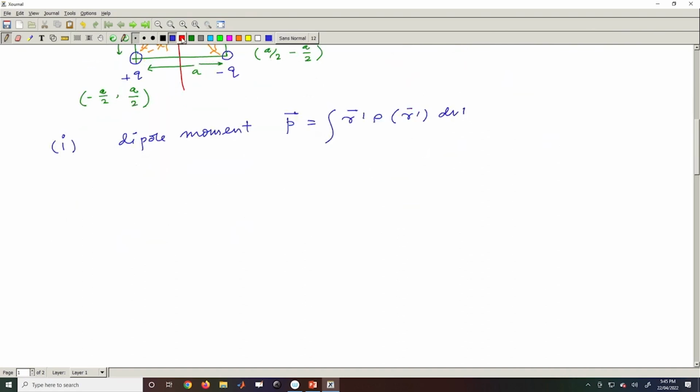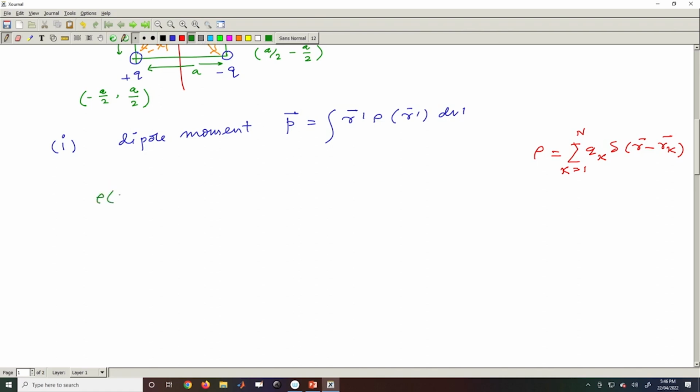Several times we are using this concept, a very important concept. So, let me write it. The rho for discrete charge, the density, is q_k delta of r minus r_k. This is the way we define the charge density of discrete charge. If there are n number of charges, I can write it in this way. So, I am going to exploit this expression here